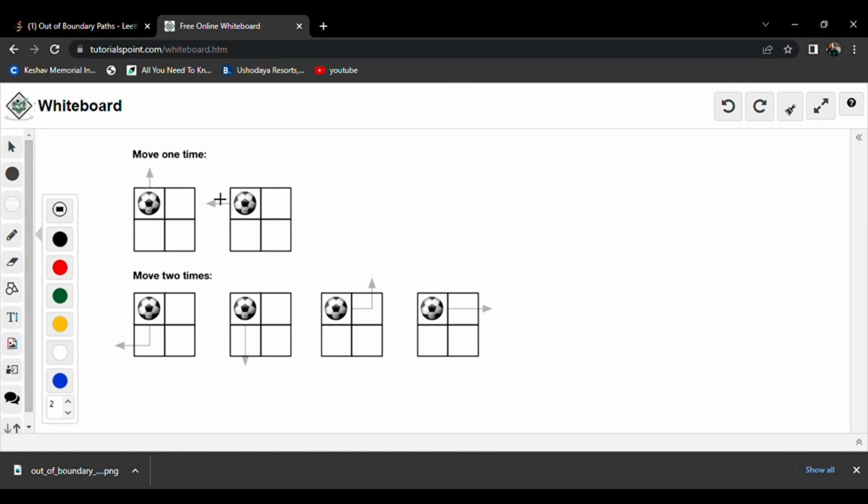Okay, let us understand the code by using this example. As mentioned in the question, we should throw the ball out of the grid by using a maximum of two moves. So it's given two moves. You can use a single move and also a double move. So if n equals 1, we can throw using these two ways. These are the two ways of throwing the ball out of the grid